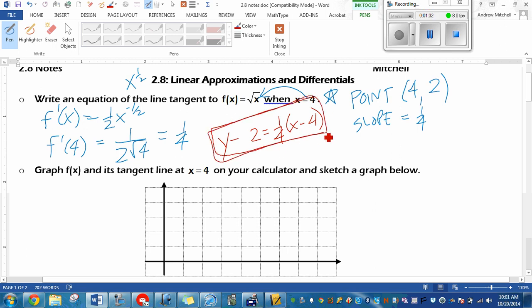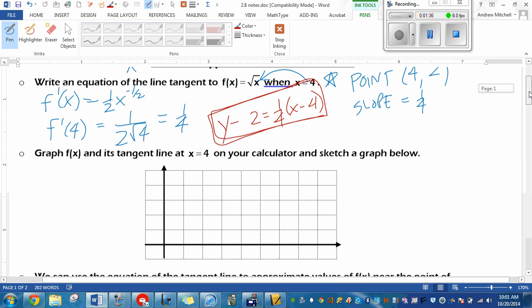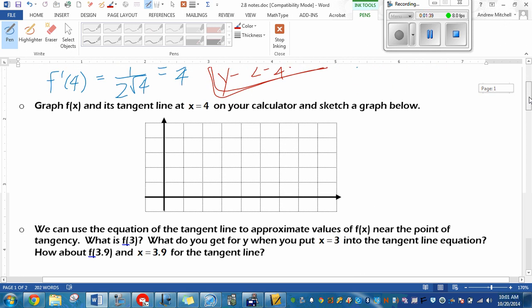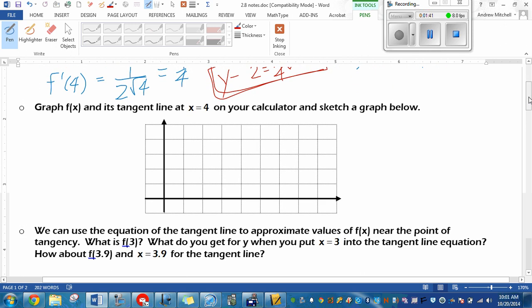Now down below we're going to look at this tangent line and the original graph. So it asks us to graph this with our calculator. We can do this without our calculator. What does the square root of x look like? The graph of square root of x. Half of a sideways parabola, right? So if we put 0 into that equation, we get 0 out, right? Square root of 0 is 0. If we put 1 in, we get 1. We're not going to put 2 in because square root of 2 is not going to come out nice, but